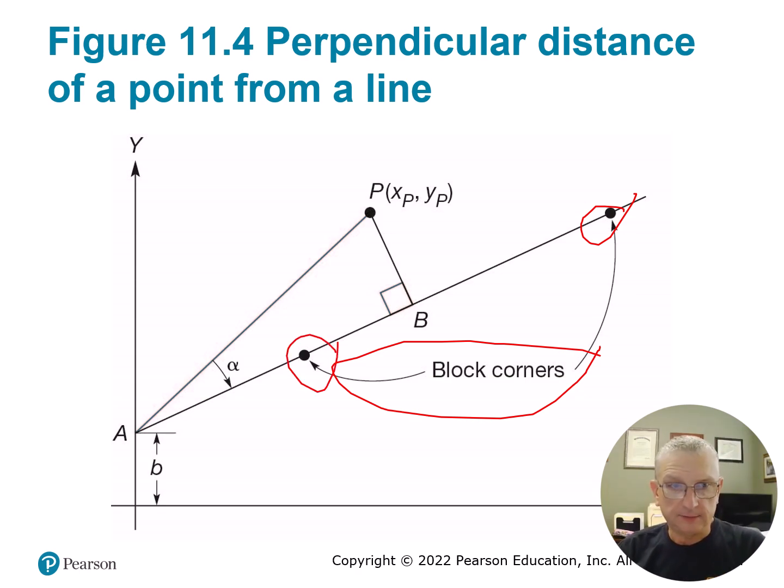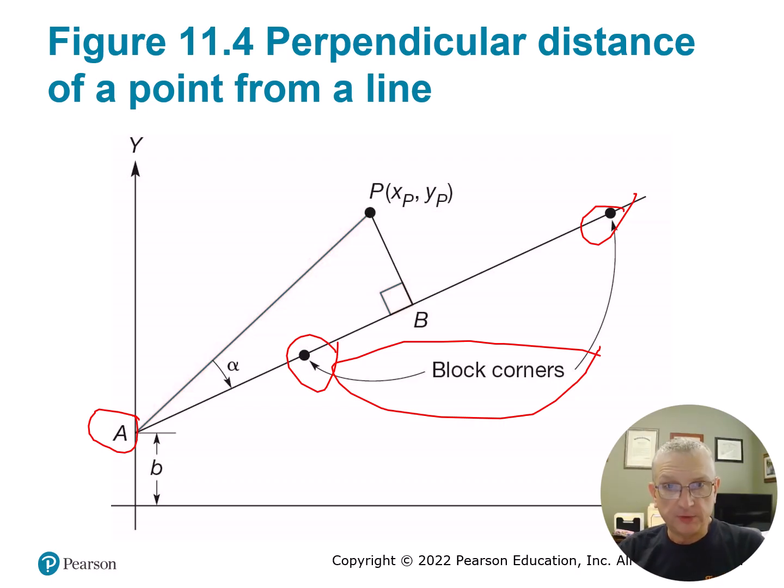And then point A is not necessarily at the 0 value of the x-axis along the y-axis. It's just a point that's out there. And so, if you've got these 2 block corners which define the line, and you're on that line at a